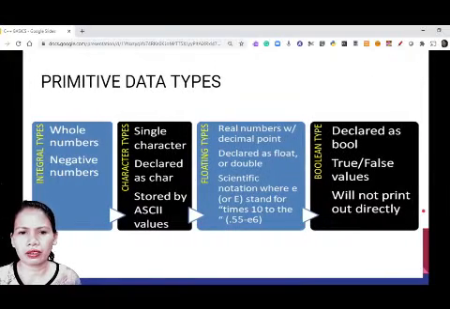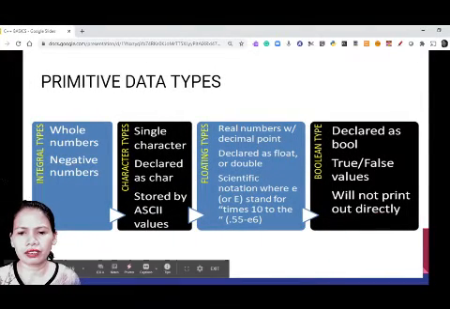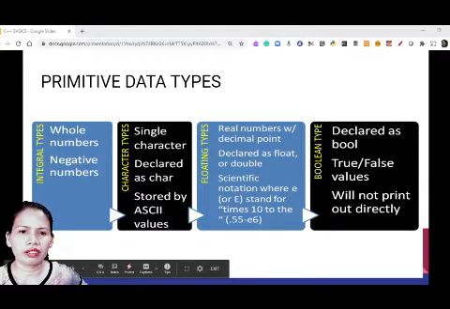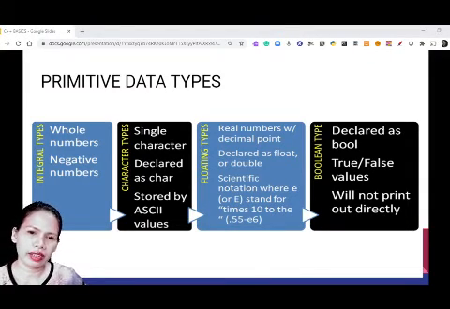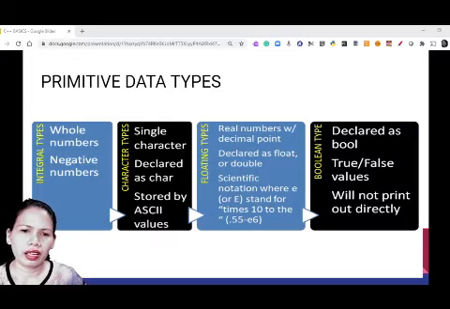let's proceed now. Okay, so these are the examples about the integral data types: whole numbers, negative numbers. And when it comes to the character types, these are what we call single characters, usually declared as char. If we're going to use a character, then we declare it as char. And these can store ASCII values. Okay,